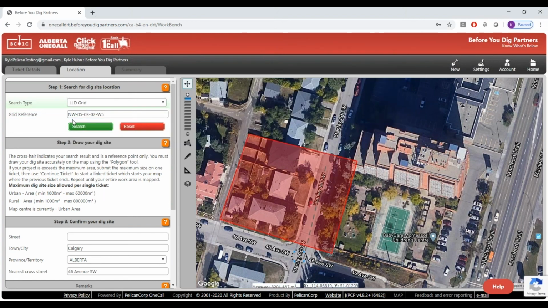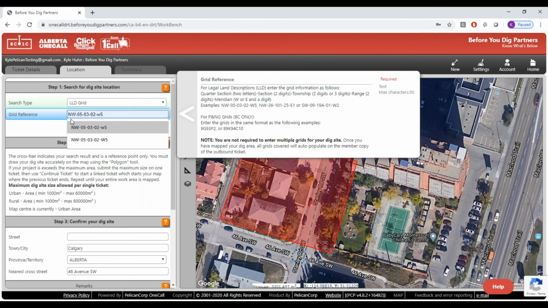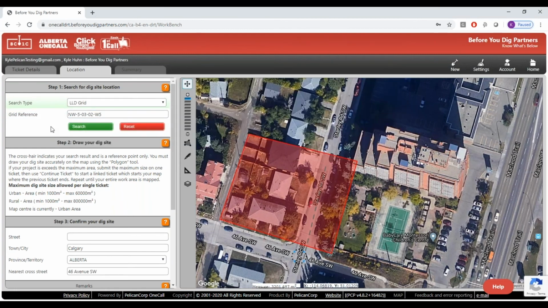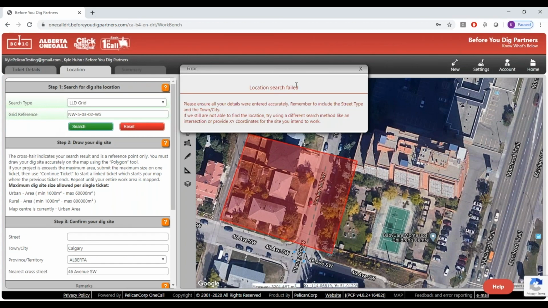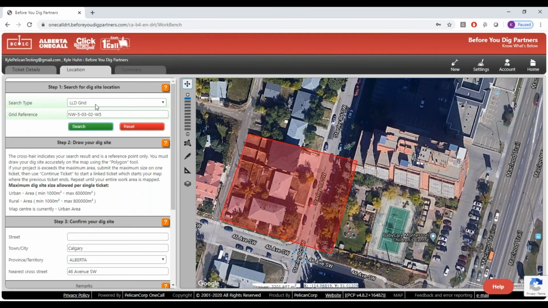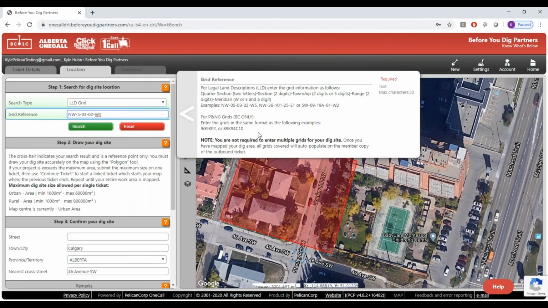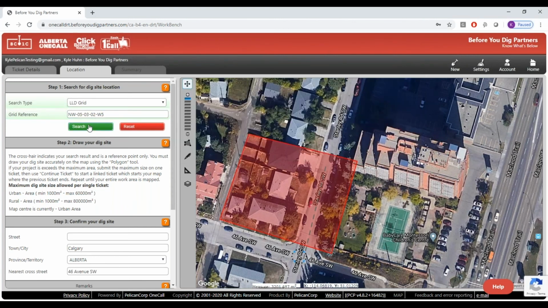land descriptions. The first one is not including 2 characters in every set of numbers. For example, if we search as just the northwest of 50302 west of 5, we're going to get an error message. It's going to let us know that that location search has failed. This is because we did not follow the formatting laid out in the tooltip. Each set of digits needs to have 2, and in the case of the township, it could have 3 digits. So if we pop that 0 back in there to make it northwest of 050302 west of 5, that search